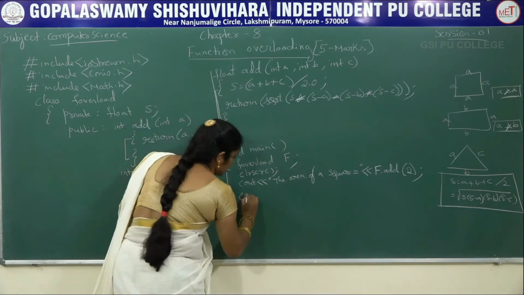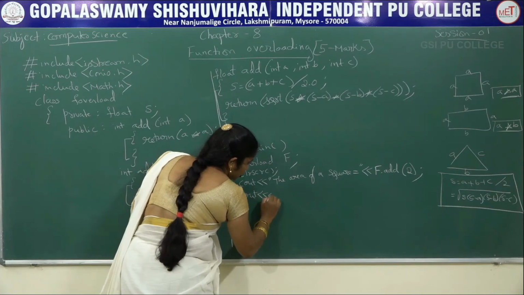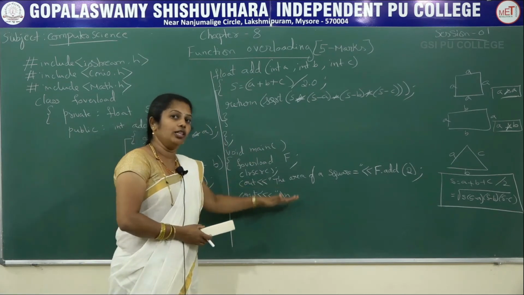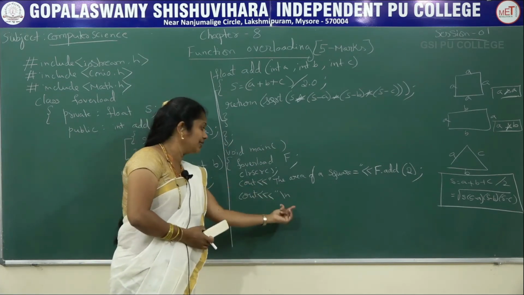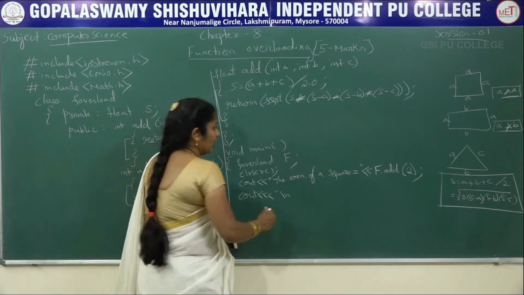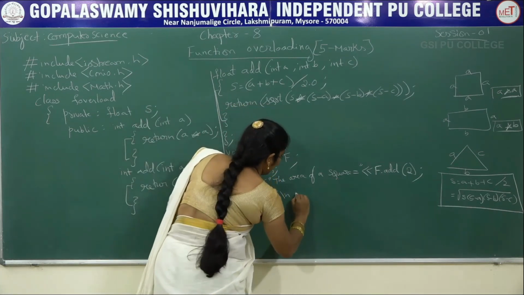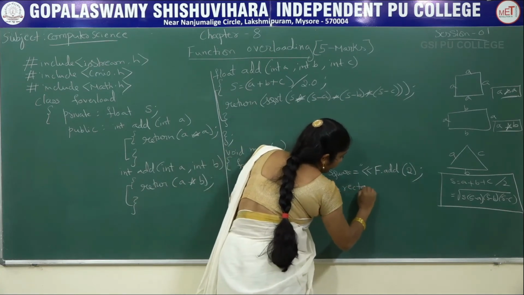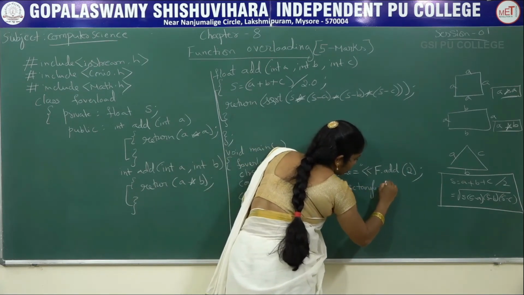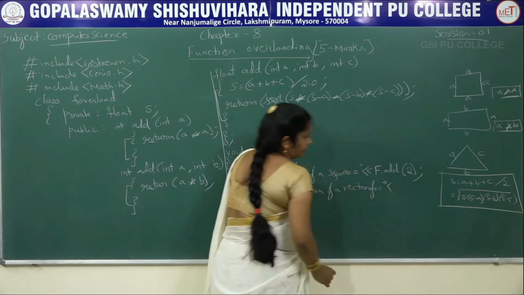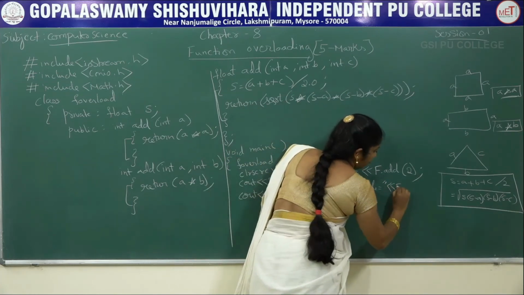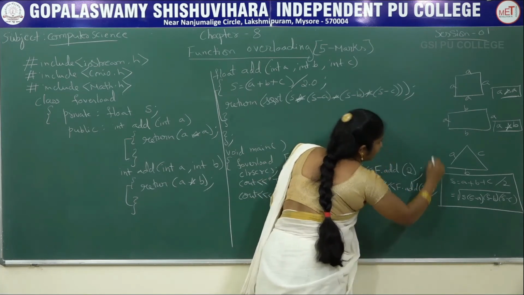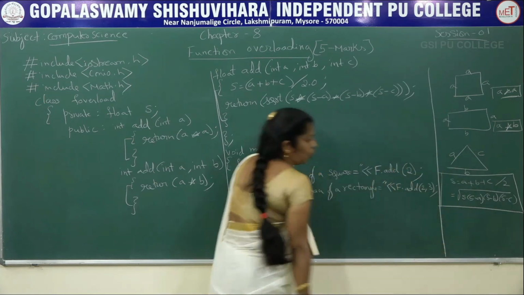Now call the second function. Cout, insertion operator, double quotes, \n. We want to display all the values one below the other in the next line. That's why here we are using \n. The area of a rectangle equals. I display the value f dot add only, but here 2 arguments I am going to write.